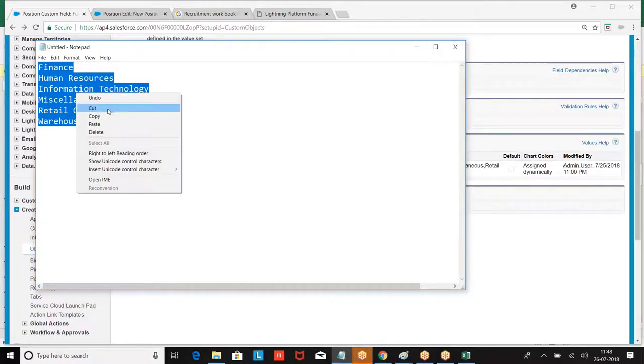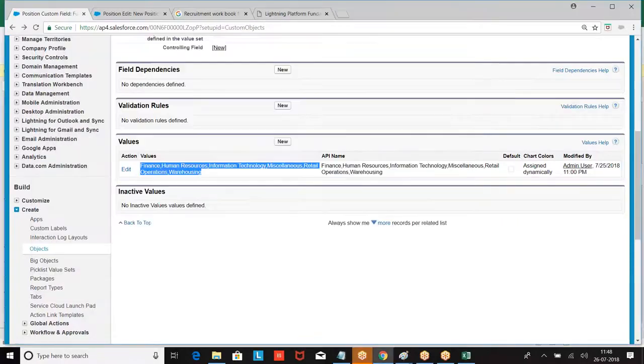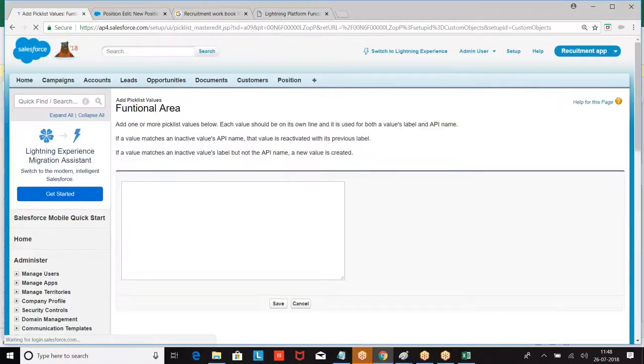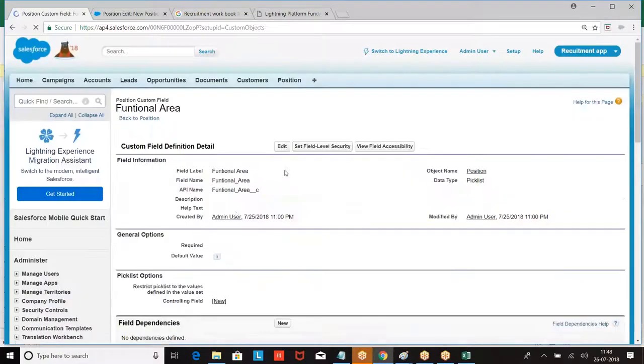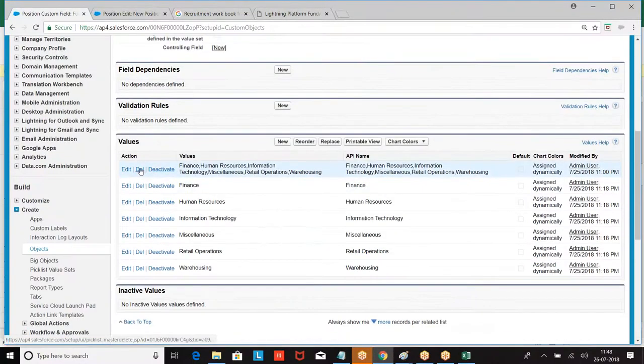This is the bug. Right. So new. We're clicking on new. Then remove the first one.